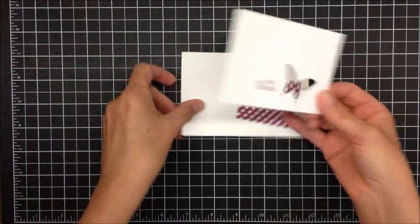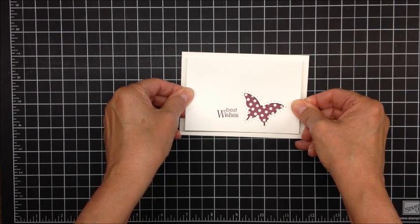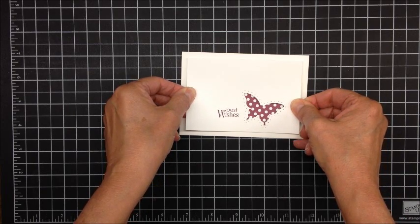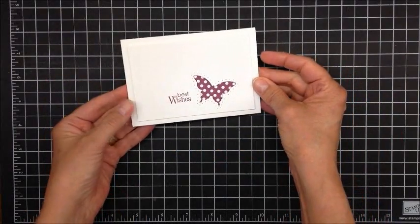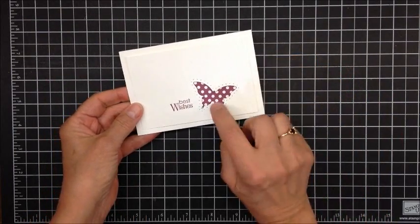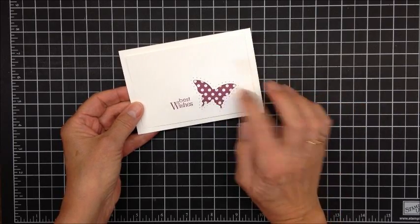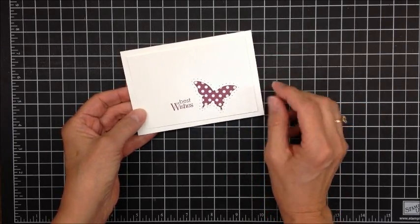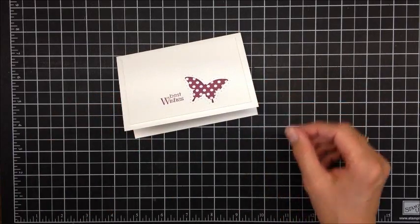Okay, so here's the card, and now I am coming in close. You can hear my voice getting louder because I'm lining it up so I have equal distances all the way around. There you go. Isn't that just adorable right there? Honestly, you could just go ahead and put a nice button here if you wanted to, or one of our large basic jewels, pearls or rhinestones. You would be done. But I'm going to juice it up just a tad more